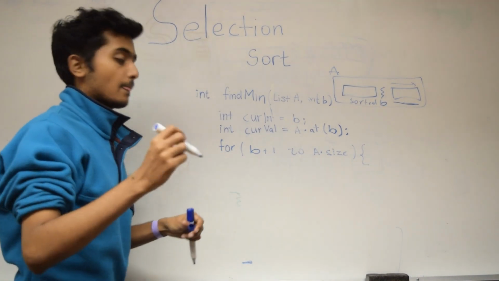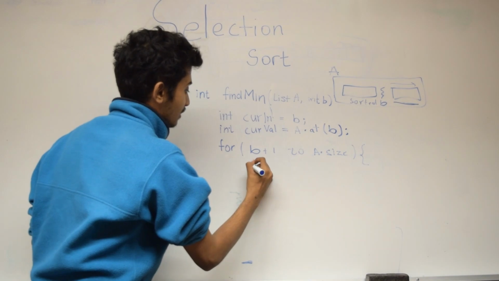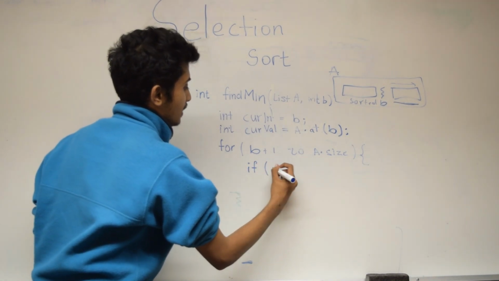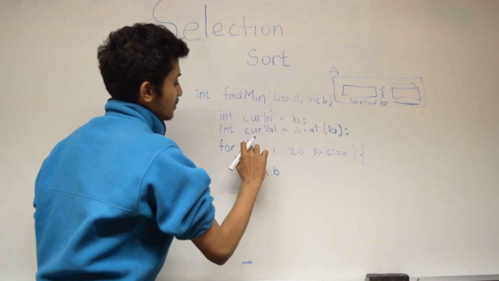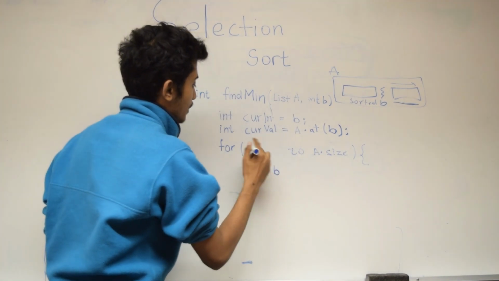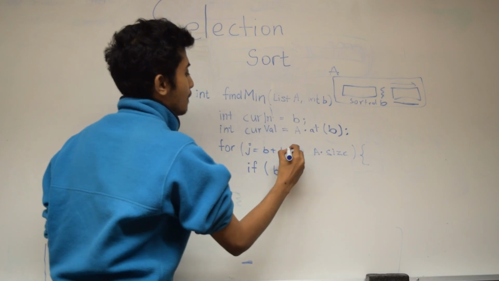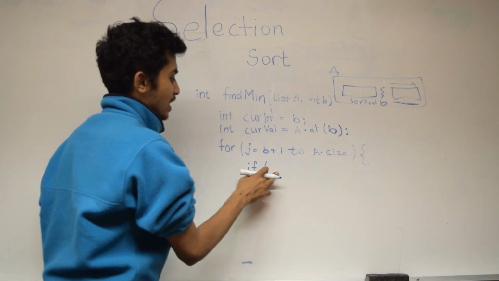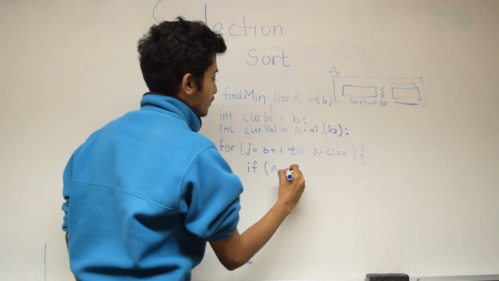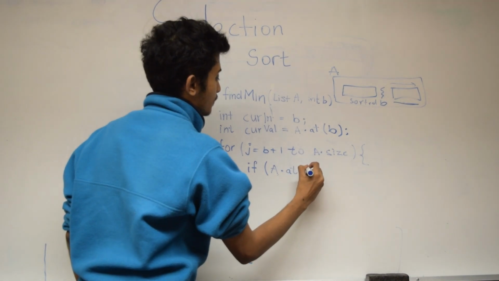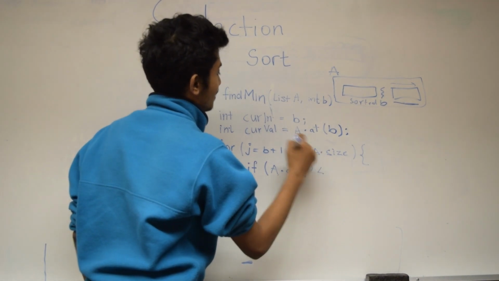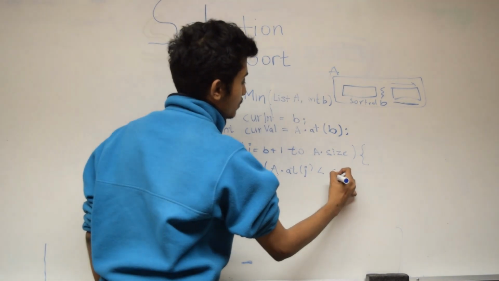Let's just call it J equal to B plus 1, sorry about that. If the element at J is less than the cur value,